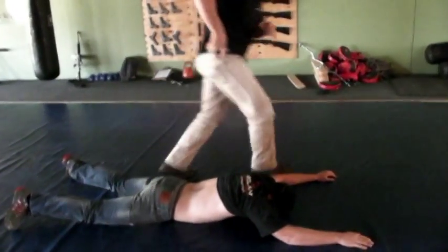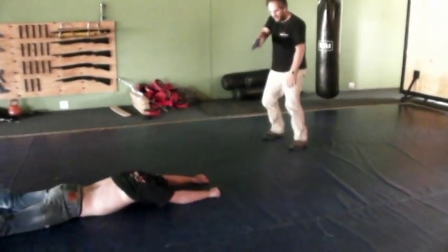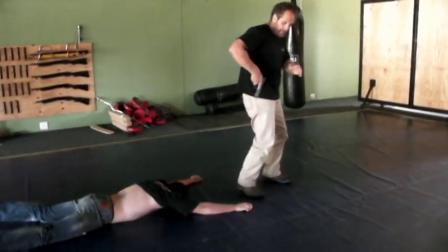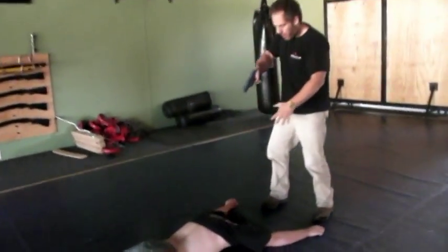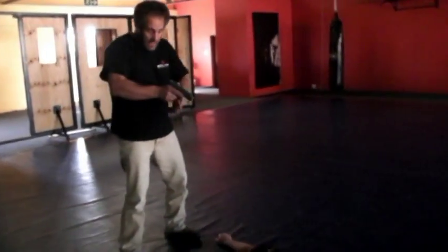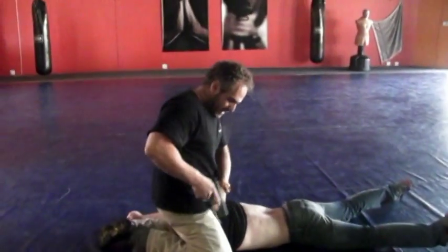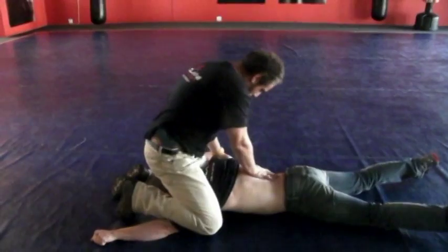How you want to approach is the following. When you're here, you set him, stretch your arms, open them a little bit, a little bit closer, that's it, stay like that. When I'm coming here, if I'm right-handed, I'm going to put one knee on his arms, as deep as I can, and then I got to put my firearms. And these arms I can open a little bit, okay,